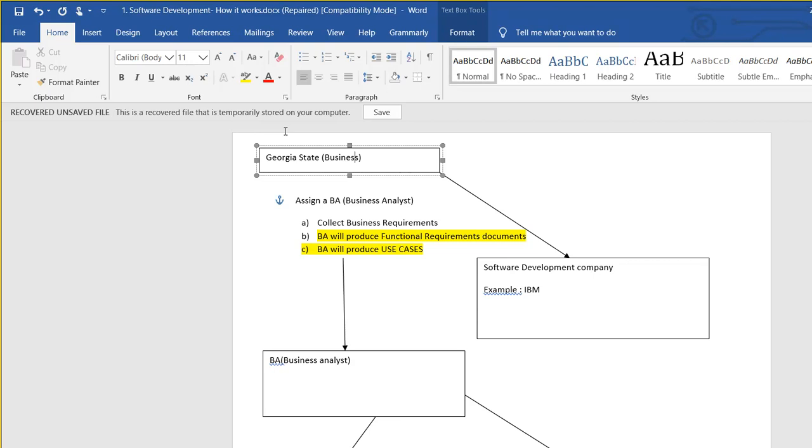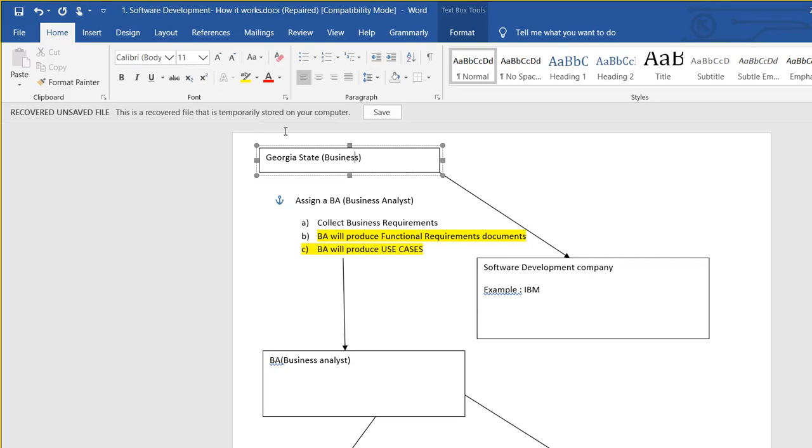So Georgia State business came to software development company IBM for a software. IBM assigns some specific people which we are calling business analysts, and the business analysts will be working with Georgia State business to understand the requirements of the software, and from this they prepare a brief document, the business requirement document, or BRD, which is a brief description of the software.